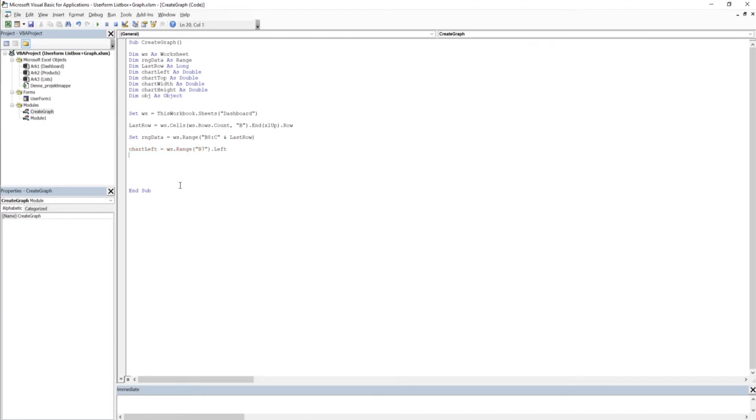Then we're gonna set the chart top equals ws.Cells(last row + 2, column B).Top. Then we're gonna set the chart width equals 375, and the height